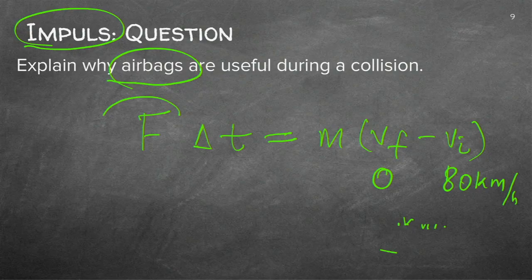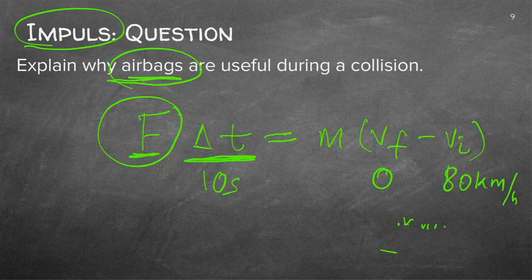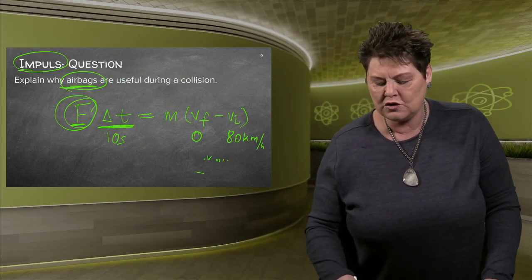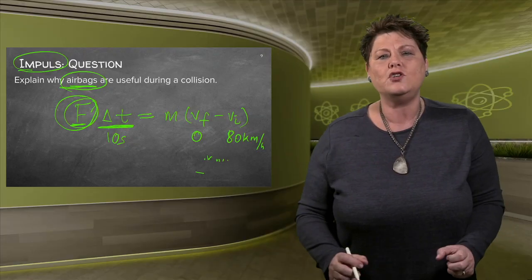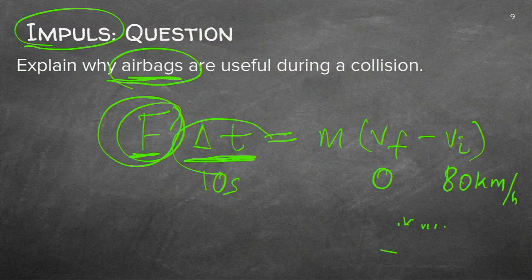You now know you're exerting a force. If this force is the brakes, you will probably go through the windscreen or bump into something. If I've got a delta t that's high in terms of time, let's say this is 10 seconds, then I know the impact of this force won't be as much. And that's what airbags do. Airbags give you a longer time to have this force exerted on you. So you don't get damaged that much, and you do not rearrange your face or your body, because you had a time span before you actually went into the windscreen.